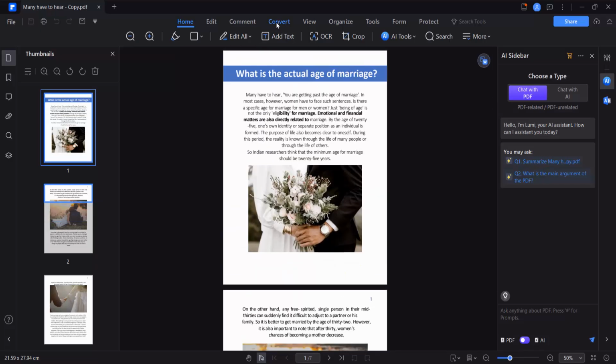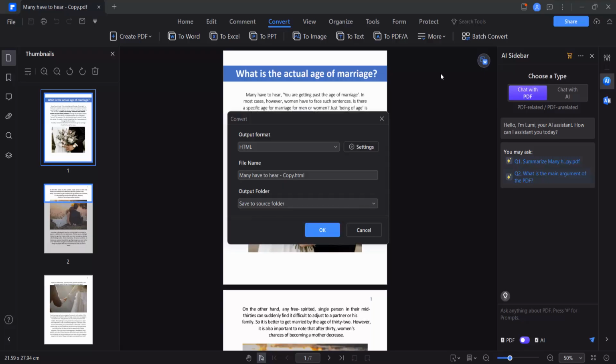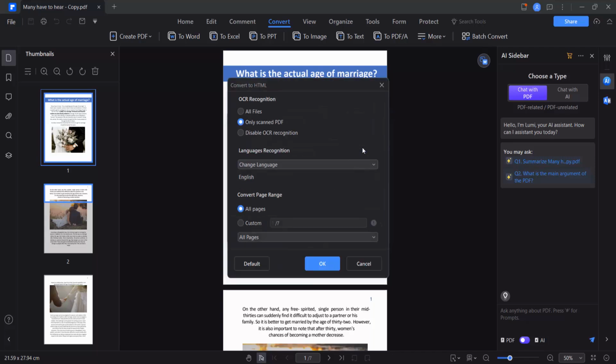Now select the convert option in this menu bar, and on the right side here you will find the more tools option. Click here and select the HTML option, and you can save to the source folder or change to a specific folder. And in the settings option here you can change the language recognition for OCR, and you can convert all pages or a custom page range. Now select OK